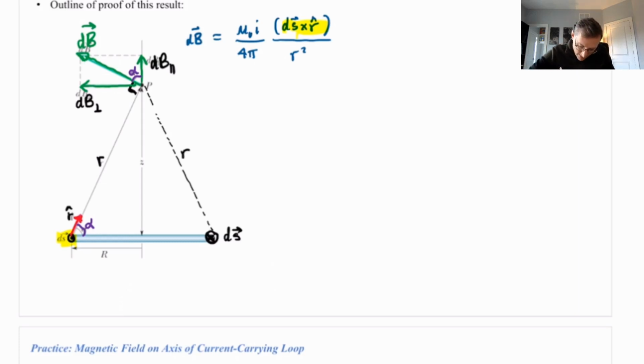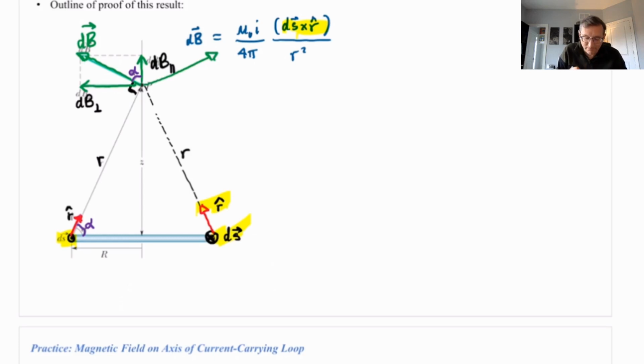And the corresponding r hat would be that. And think about the dB from that little element. What I contend is that it has to be perpendicular to ds and r hat, this ds, which is pointing into the screen, and this r hat, and in the direction of the right-hand rule for ds cross r hat. And that ends up being